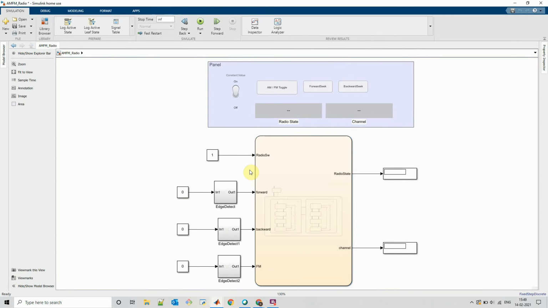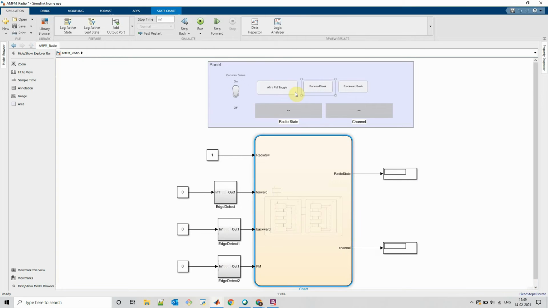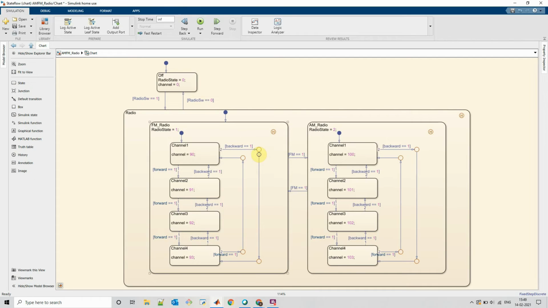In this particular model, I have added additional functionality of AM and FM radio. So when the radio is turned on, by default FM radio will be selected, and inside that channel 1 will be selected. By using the AM FM toggle button, we can transit from FM to AM and from AM back to FM.